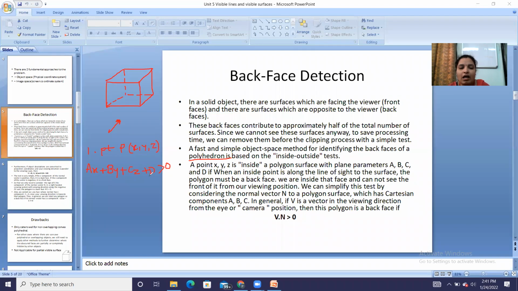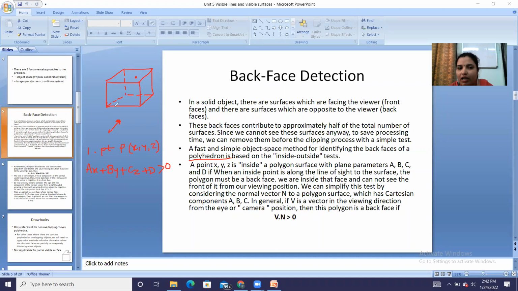So I will put x, y, z value in this, and if the value is greater than 0, then that point is visible, or that point is belonging to that polyhedron. So now this point is belonging to the polyhedron. So consider this point is lying over here, which is at the back side of your object. As it is belonging to the polyhedron,